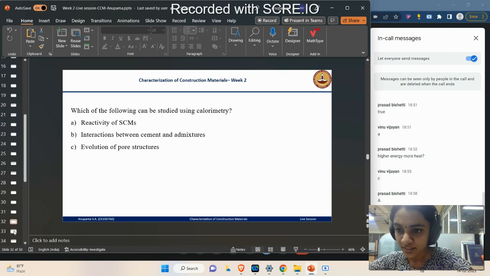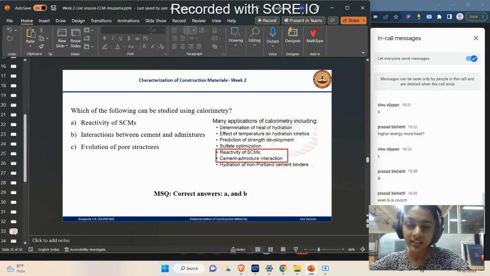Okay, let's move to the correct answer. The correct answers are A and, yeah, Prasad says even B is correct. Yes, both A and B are correct because, see, in the case of evolution of pore structures, we cannot determine because there is no enthalpy change happening. In both other cases, in the reactivity of SEMs or when an admixture reacts with the cement,